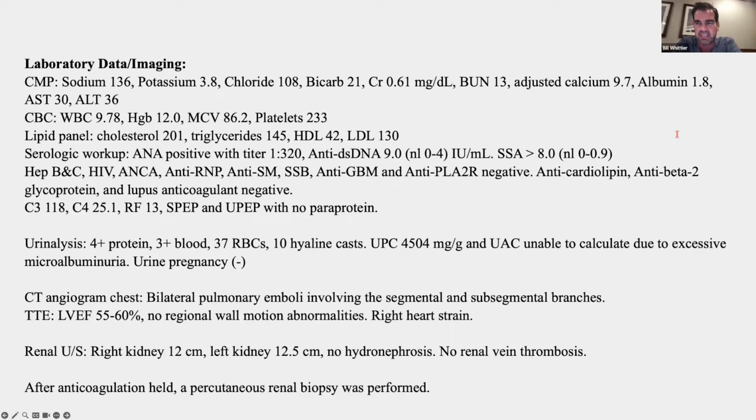I think someone in the chat said the differential was quite narrow, but I'm of the belief that the differential is quite wide. The podocytopathy and membranous are treated differently. It could be COVID associated, which is viral associated, which may or may not need any immunosuppression. She had obesity. She's got a family history of Alport syndrome, and she had some hematuria with that as well. There's so many things in this differential that I thought we really needed to pursue this biopsy.